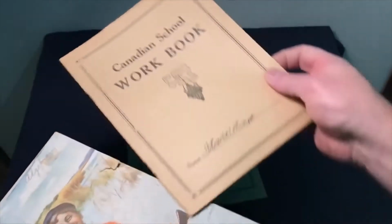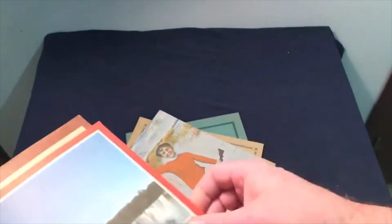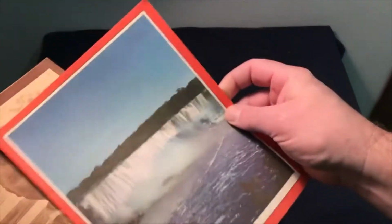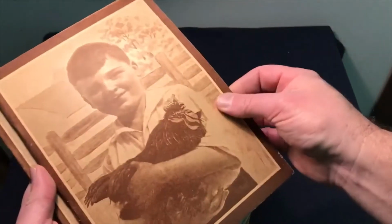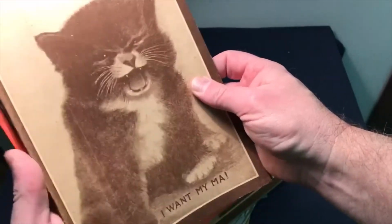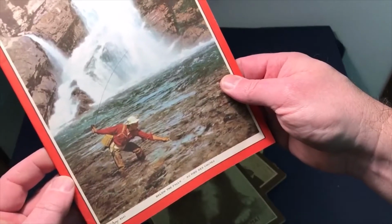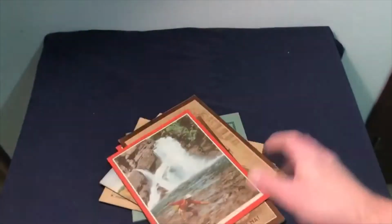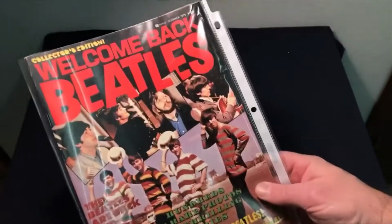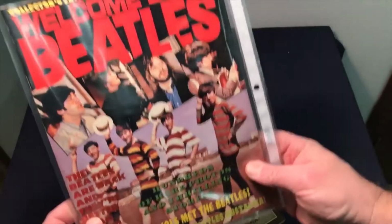And then we have a bunch of Kids Scribblers, Empire, Canadian School Workbook, a kid with a rifle and shot a duck there. Got Niagara Falls, Boy and a Chicken, and a little kitty with I Want My Ma on it, and a Below the Falls, guy doing some fishing. We got Beatles magazine. Welcome back to Beatles, and it is vintage. It's 78,